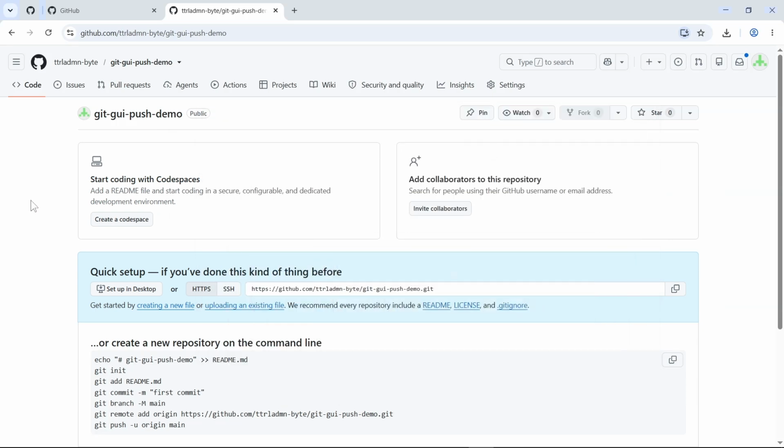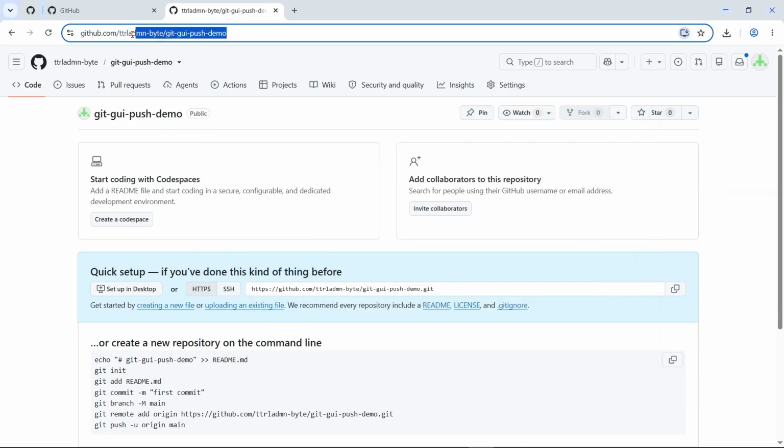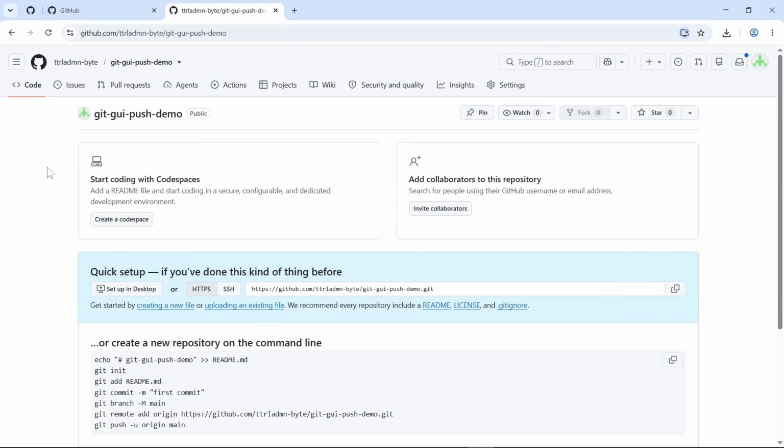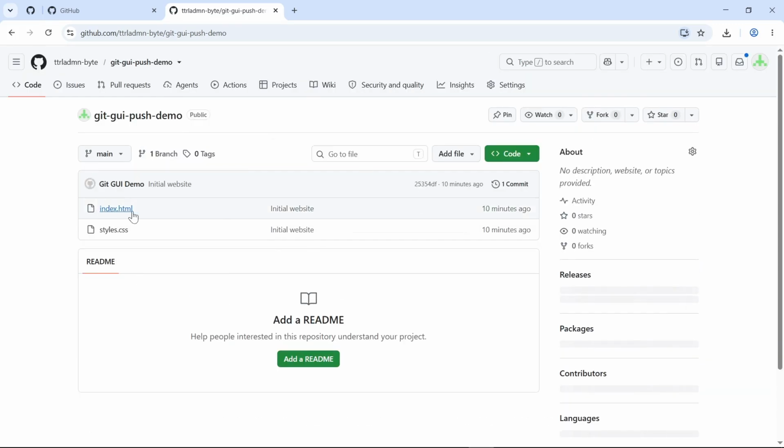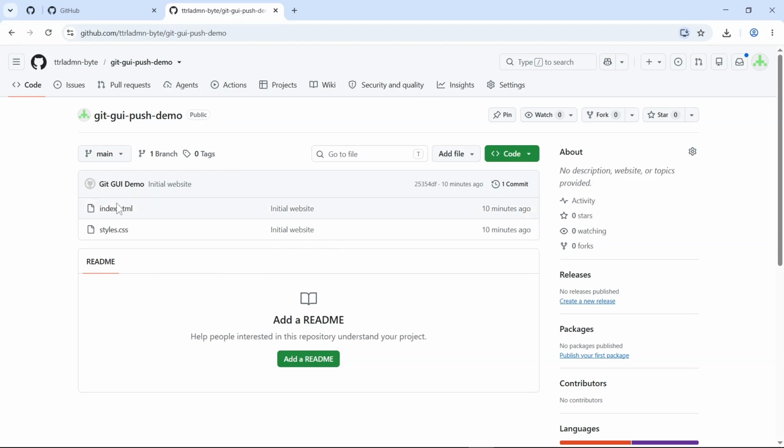Lastly, let's verify the pushed code on GitHub. Switch back to the prepared GitHub repository page in the browser and click Reload in the browser toolbar to refresh the view. The repository should now show the pushed branch, the index.html file, the styles.css file, and the initial website commit listed together. The committed local branch is now on GitHub, and the repository page lists both code files and the matching commit,